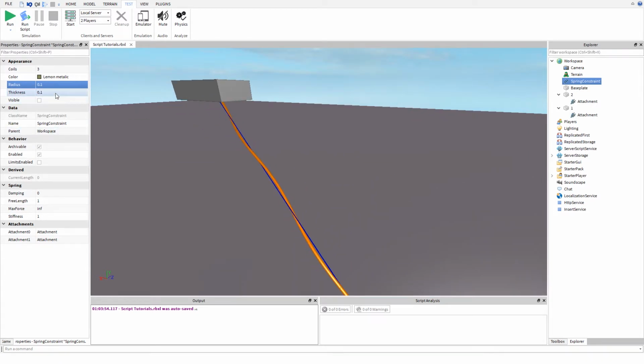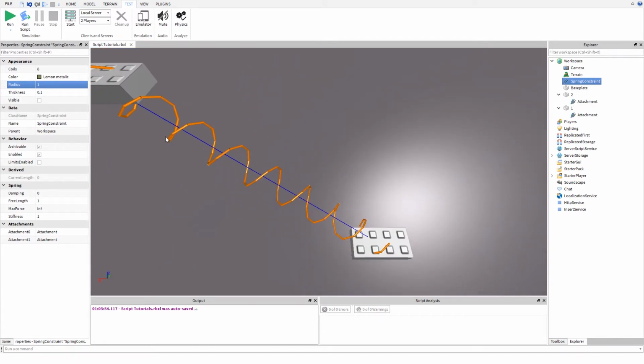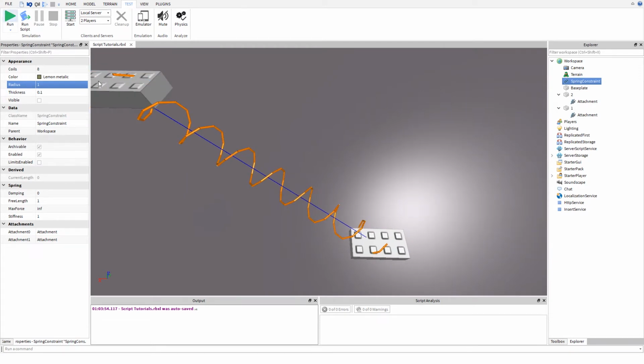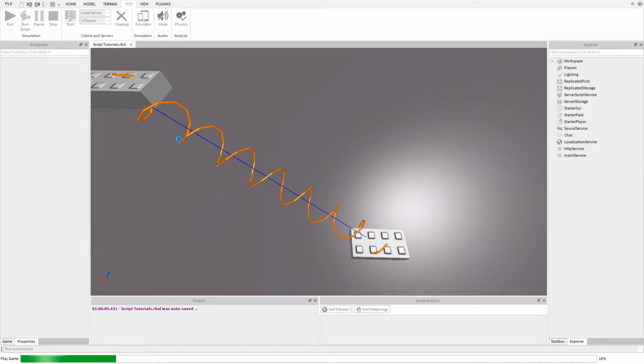And now thickness. Again, you can just customize it. That's just customization. And coils, you can make more coils, just to make it nicer. Well, max coils are 8. Radius maybe 1. And you can see it's a bit more spiral-ish, I guess. Now you can just run it and see it retract, because force is equal to infinity, at least according to Lua,